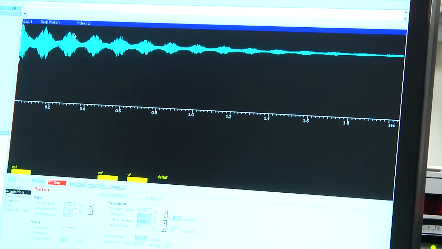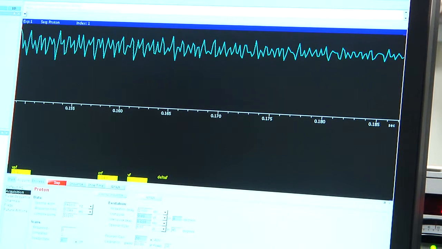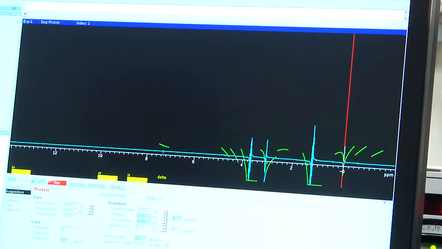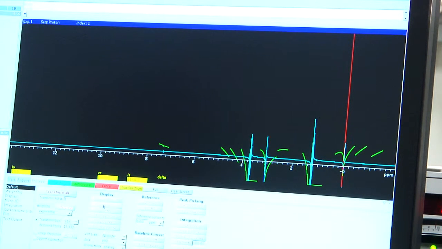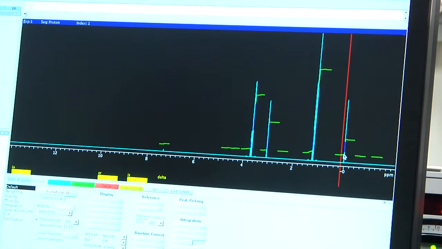This is the actual data the instrument acquires. This plot shows the free induction decay, or FID, of the excited spin state with time. This FID contains all the frequencies that will be a part of our spectrum after mathematical treatment. Let us now convert the FID into a readable spectrum using a Fourier transform function. After a few cosmetic adjustments, we are ready to reference the frequency scale to the internal standard of trimethylsilane at 0 ppm.